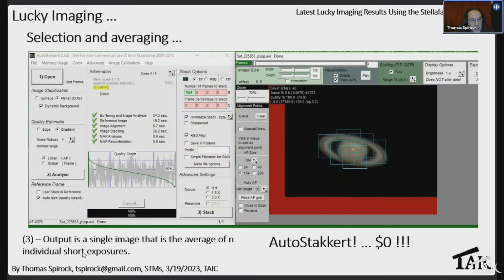So the next step is to actually do the selection and averaging. I use AutoStacker, which is also free. And there's a good community. You can ask questions if you have any problems, if you're just getting started. So what you do is you open your movie file, and then you analyze it, and the analysis produces this